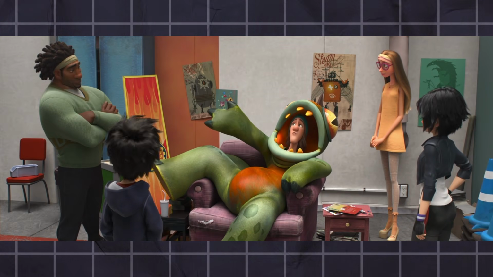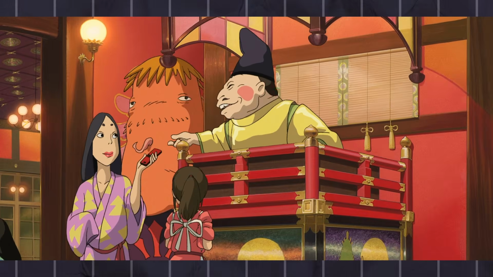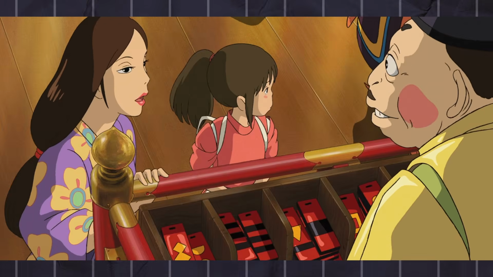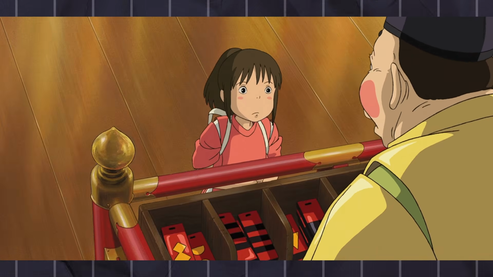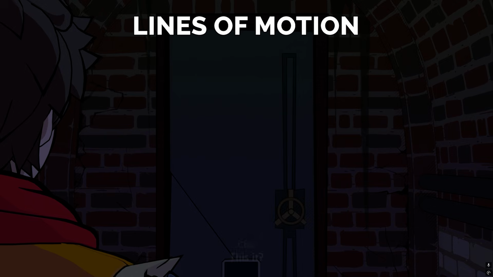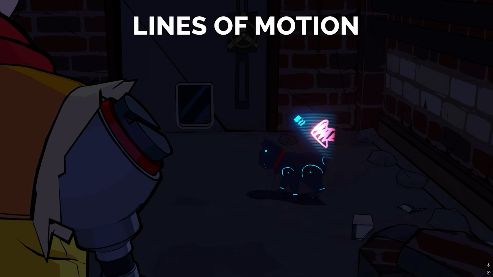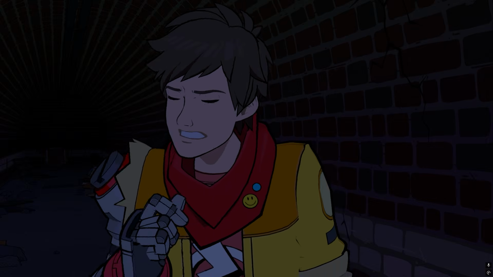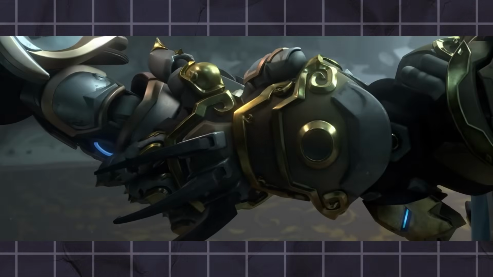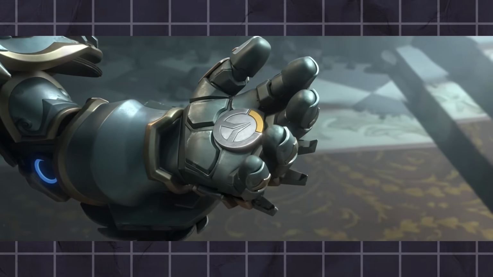But the opposite can also happen. If someone is surrounded by other fast-moving characters but is still themselves, they'll stand out because they've broken a pattern once again. Lines of motion are lines on a character that can direct you at something. Much like how an arrow can point you in a direction, a simple line can provide a path for a viewer's eye to follow. But like I've mentioned with shape psychology, the type of line will leave a different impression